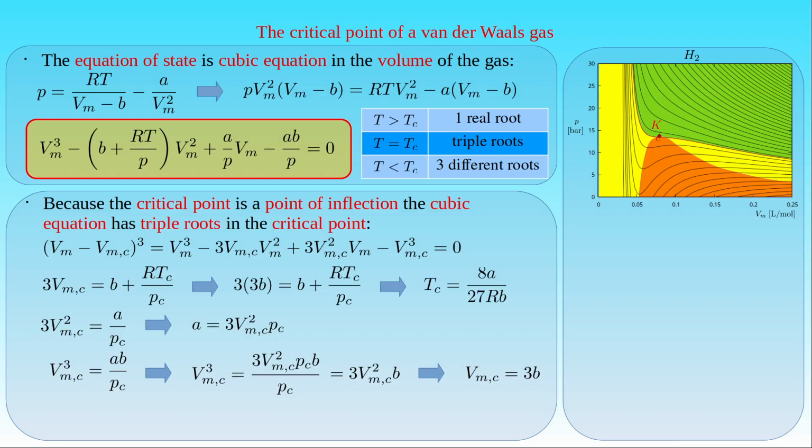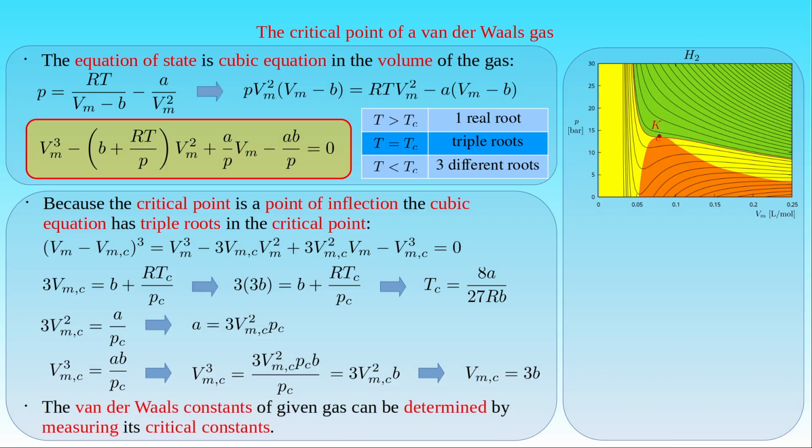Here we have just re-established that the relations between the critical and van der Waals constants of a gas allow one to determine the van der Waals constants of a gas by measuring its critical constants. Now we examine the class of the solutions to the cubic equation for which the temperature is less than the critical temperature. Since the equation has three different roots in the region indicated by the yellow and the orange areas,